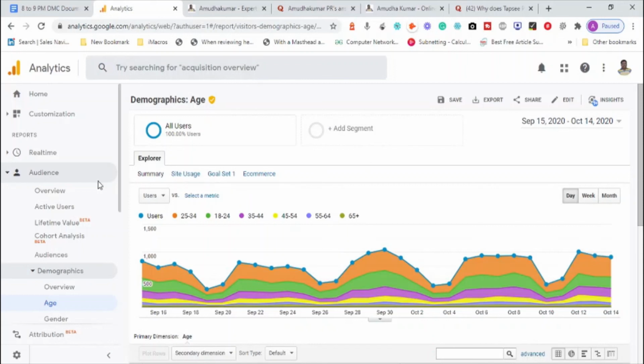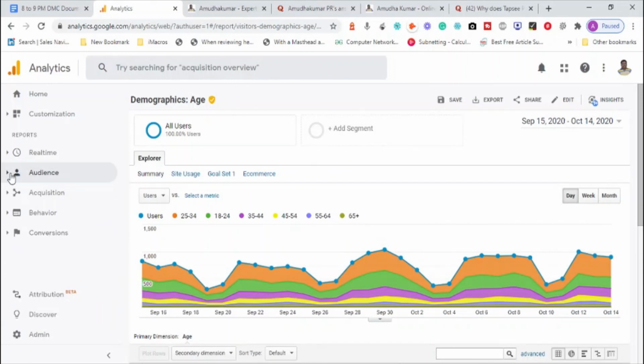So basically, navigating inside Google Analytics, the important factor you need to pay attention to is remembering what date range you have selected. If you have selected a wrong date range, you will generate a wrong report and give it to your client. And if your client does not notice, and takes some decision on the incorrect report that is submitted, then you will be in trouble. So make sure that you have selected the exact date range that you are supposed to look at the data for.